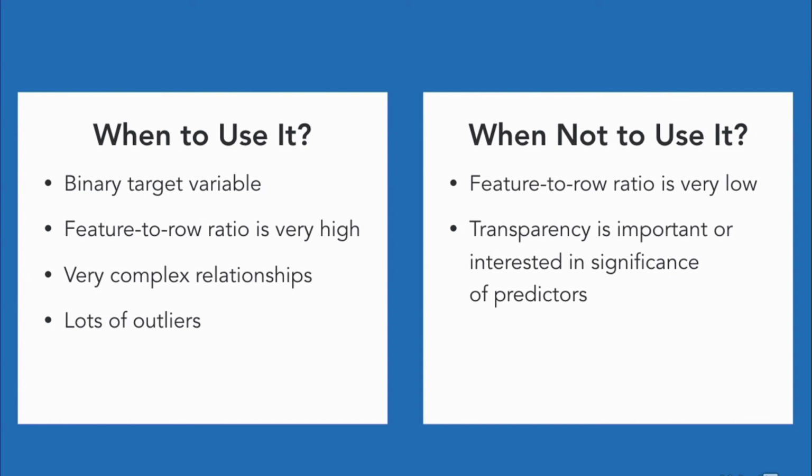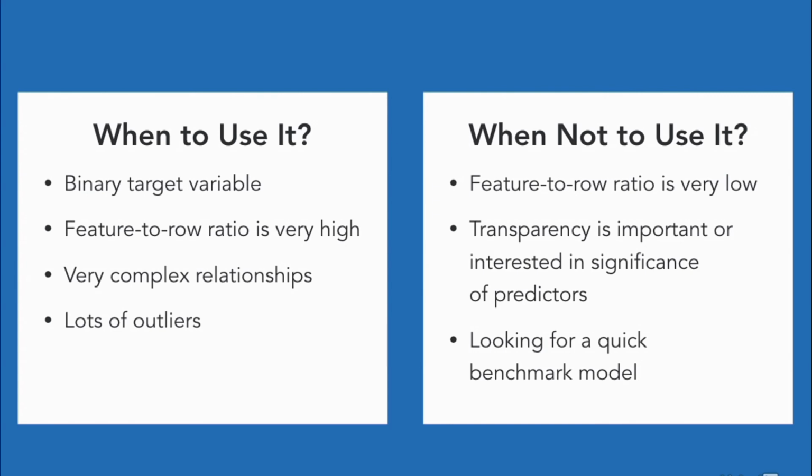Despite the really nice plots that we saw before, when you're dealing with hundreds of features, and the hyperplane is in an extremely high-dimensional space, you can't really get a good picture of what's going on inside of SVM. So, if you care about transparency, and maybe the significance of predictors, you would probably avoid SVM. Lastly, if you're looking for a quick benchmark model, SVM probably is not the right choice. SVM takes quite a long time to train, and it takes longer than other algorithms to make predictions as well. You really want to avoid SVM if time or maybe compute power is a significant constraint.